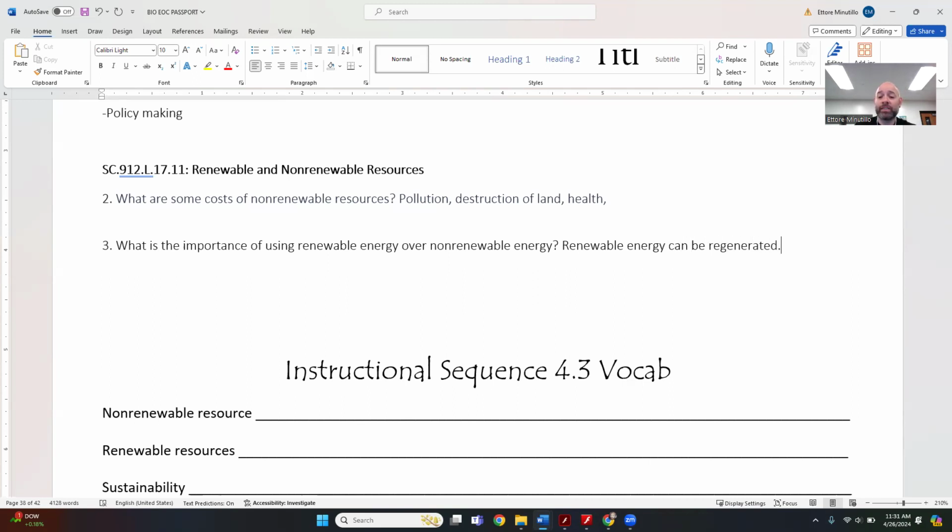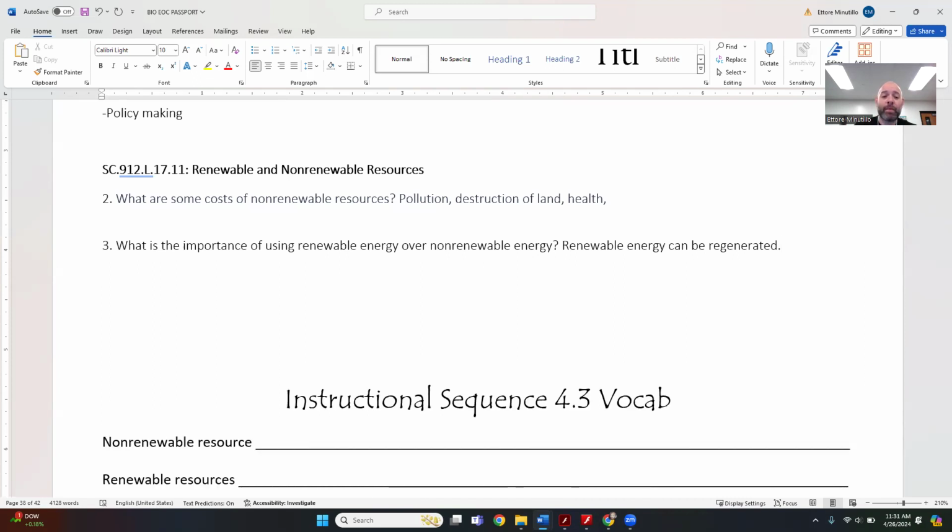Being regenerated means that we're not going to run out. Even if it's something that might not be completely renewable, but partially renewable, where we still kind of have to spend some non-renewable energy, but we're getting benefit back out of this. You guys, anything we can do to start changing and shifting what's happening as far as what we're using and the destruction we're causing, the better.